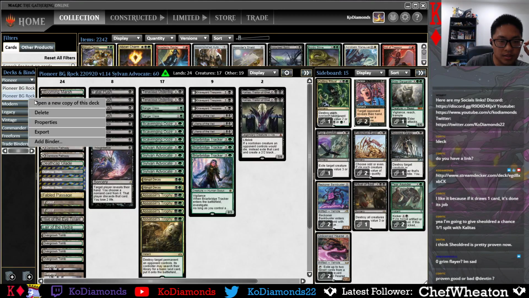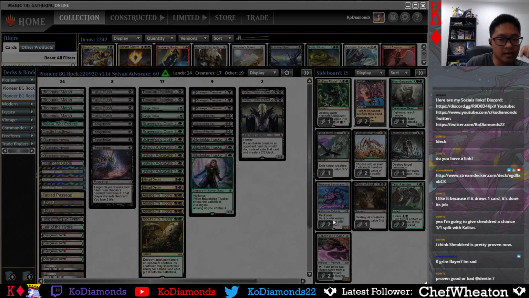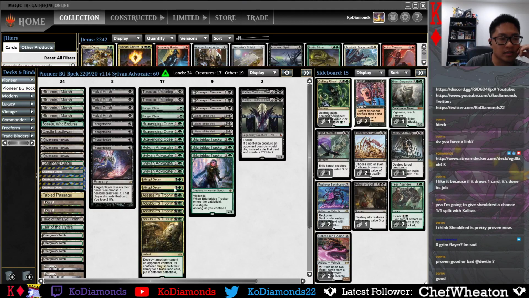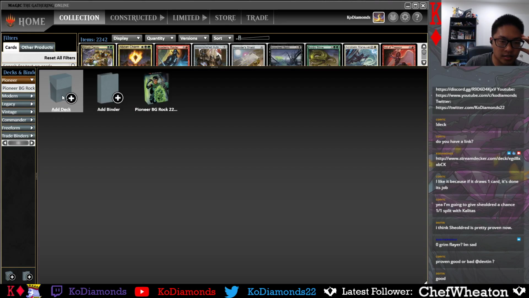So let me put this in the free form. Yeah, I don't think I care for Sylvan Advocate. I think Imperial Pack Leader is pretty good. I think the cards that... So let's